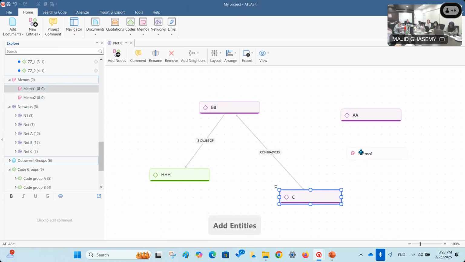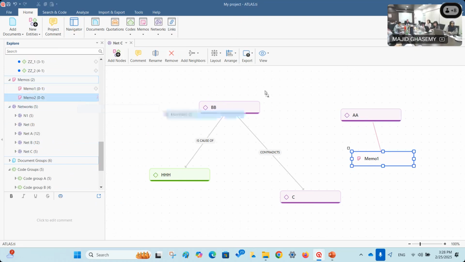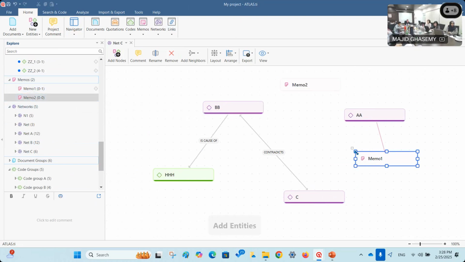So I just add a memo and try to connect this with a code. Now you can see that the density of this memo changed to 1. Let me just add this one as well. If I select this and drag and drop it here, now you can see that the density for